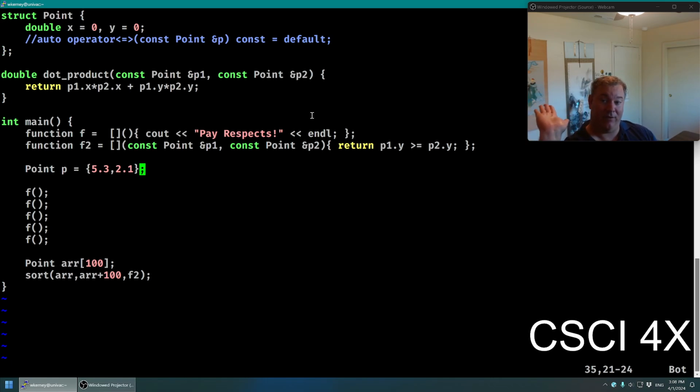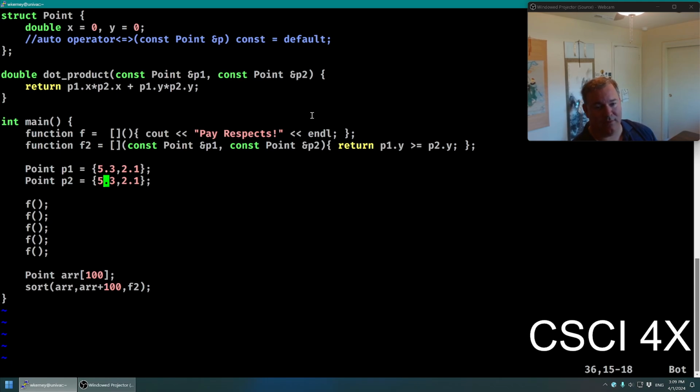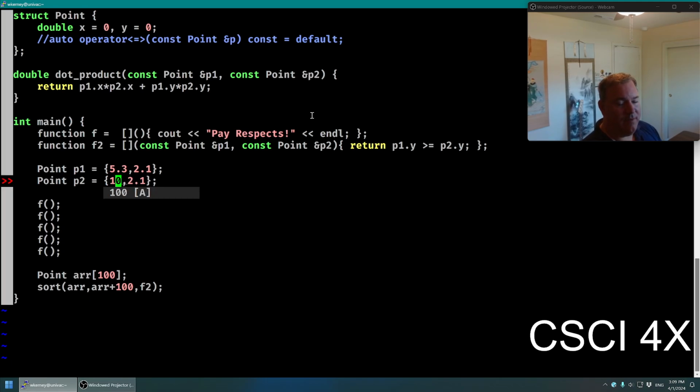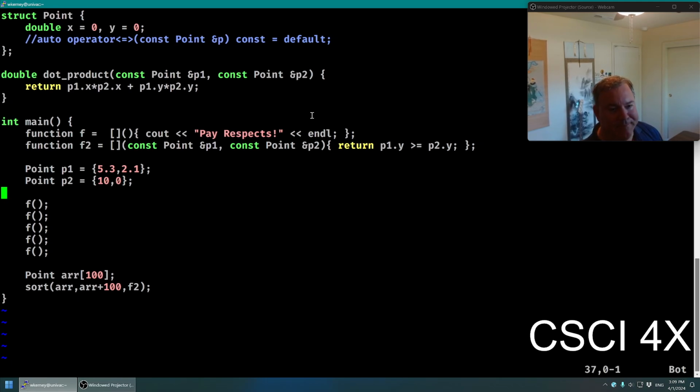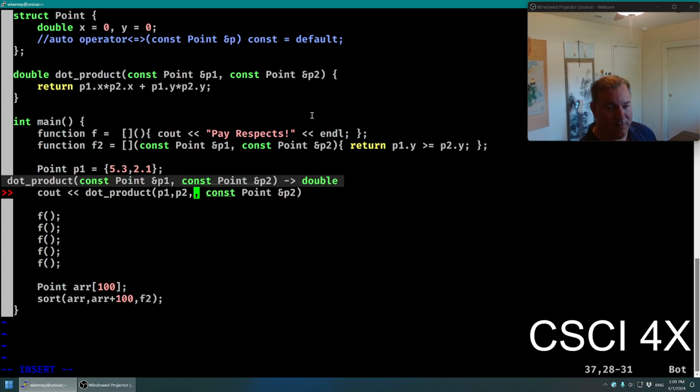If your hand is facing the light, it's fully lit. As it moves away, it gets shadowed. Take a dot product of the vector to the light and the perpendicular vector of your hand. Look, lighting, 3D games, useful. So if we've got two points, let's just call them P1 and P2, and these aren't unit vectors, it's going to be the cosine of the angle times the lengths of the vectors. So it's going to be 10, 0. If we cout the dot product of P1 and P2,